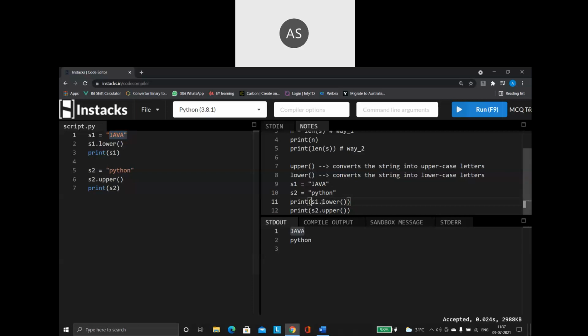When I print it inside like this, it was only showing me lowercase, java, and python, just for the sake of printing. But the original string will not change.